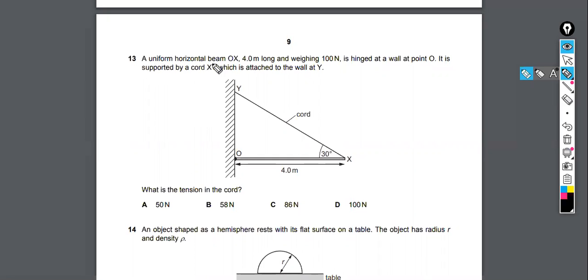A uniform horizontal beam OX, 4.0 meters long and weighing 100 newtons, is hinged at a wall at point O. It is supported by a cord XY, which is attached to the wall at Y. So there's Y, there's X, there's the beam OX, at 2 meters away